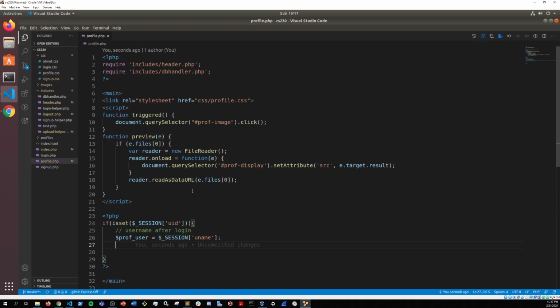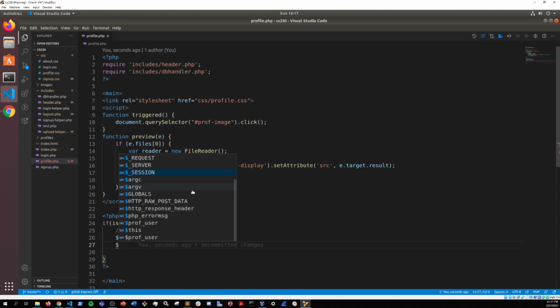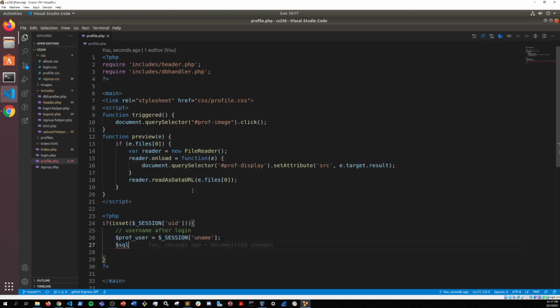So what we're going to do is we're going to make our SQL statement here. And it's going to be called SQL Pro. And that's going to be the profile picture. So we're going to select all. From doesn't need to be capitalized, but it helps me when I'm going through this to see that it's SQL and it's spelled correctly and everything. From profiles, where, another keyword, where